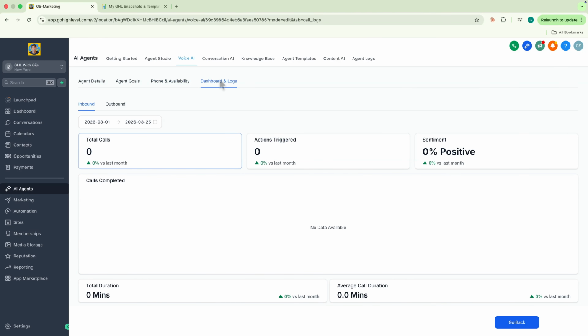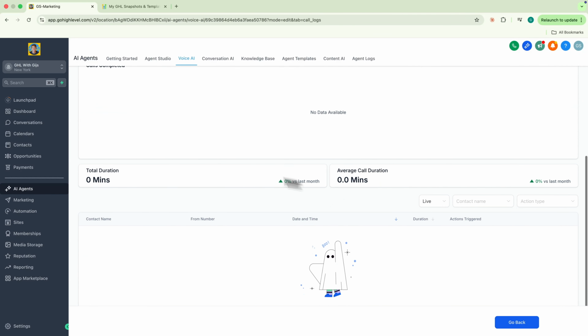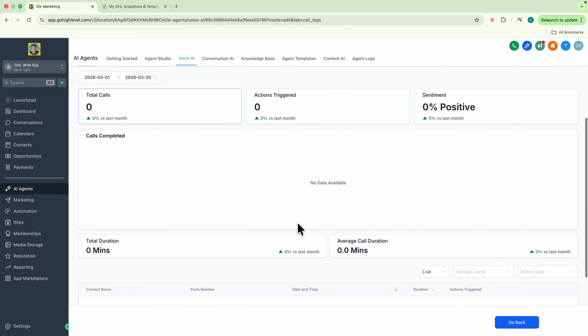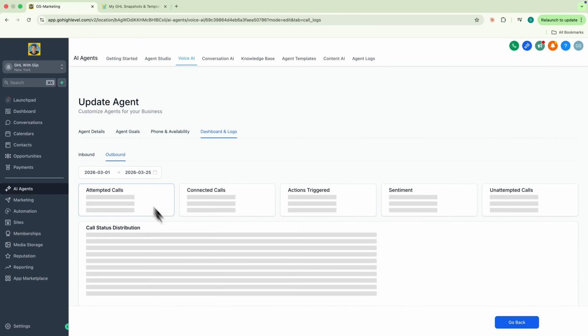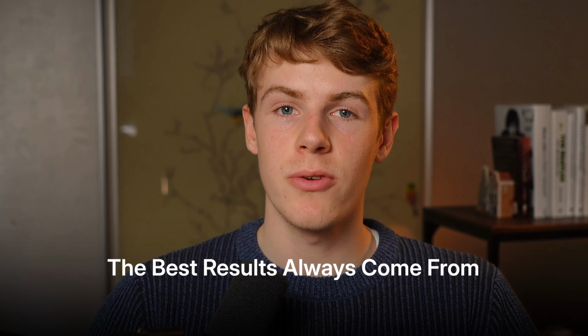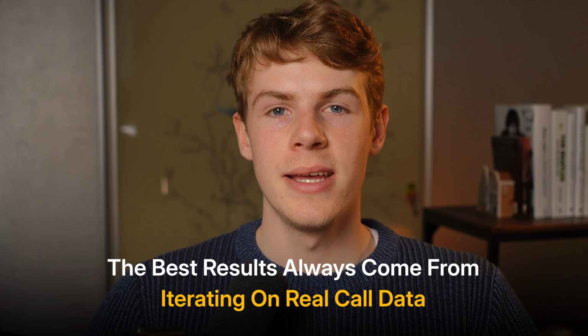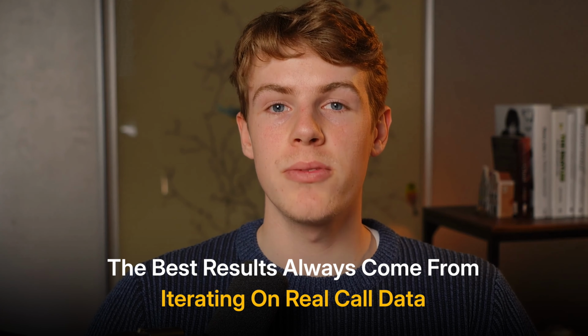And there it is. Appointment booked, both flows handled cleanly. Pull up the dashboard and logs tab inside Voice AI to see a full breakdown of every call, duration, transcript, outcome. Use that data. If the agent stumbles on a particular question, go back into the prompt and tighten it up. The best results always come from iterating on real call data, not from trying to perfect the prompt before it ever goes live. And that's everything you need to build a fully functioning AI receptionist for a dental clinic